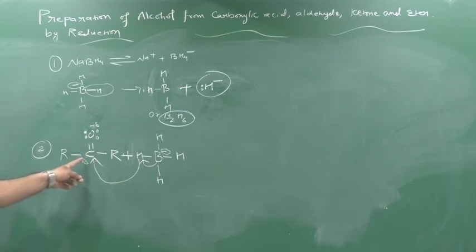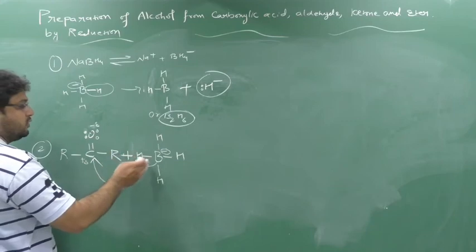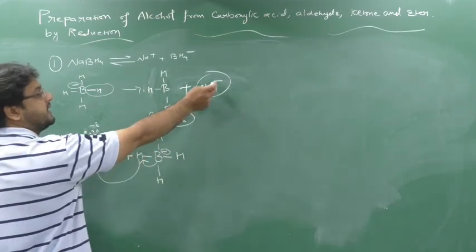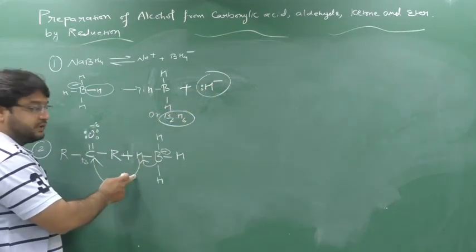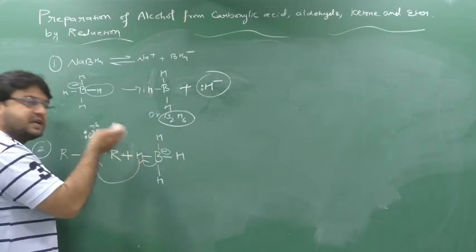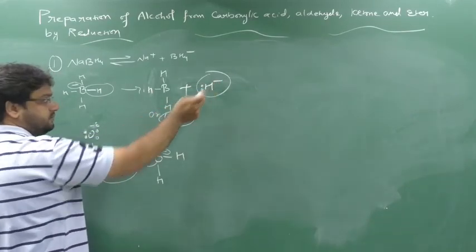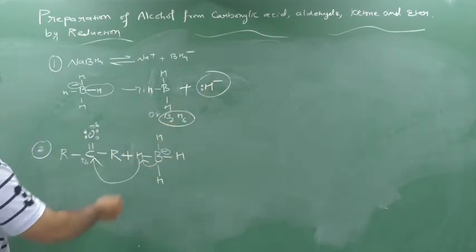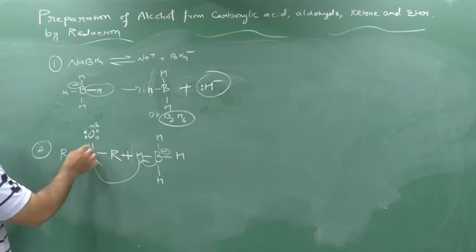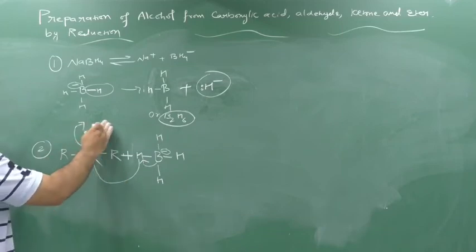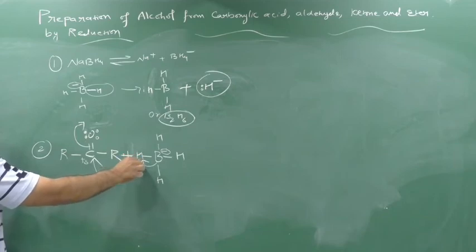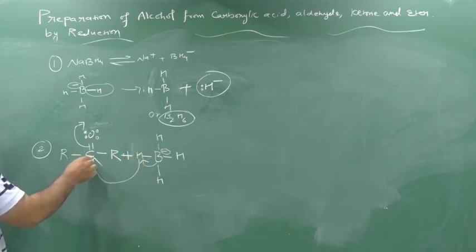Because it is a partially positive charge. Because hydrogen will go, hydrogen will go by taking its negative charge. No, it will not get a positive charge. Hydrogen will go from here by taking its negative charge, as we saw here how the negative charge is formed. So this hydrogen will attack on this carbon. So this will form a bond here. So when hydrogen comes here, carbon will make a bond with this hydrogen. So this bond will be broken.